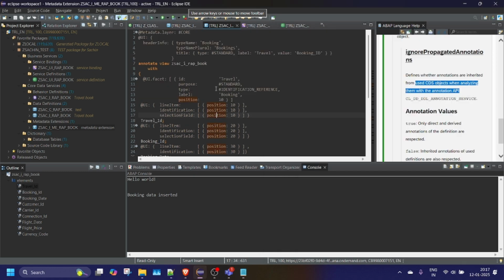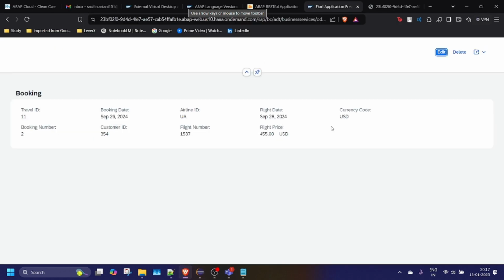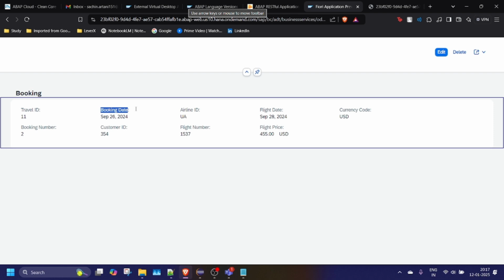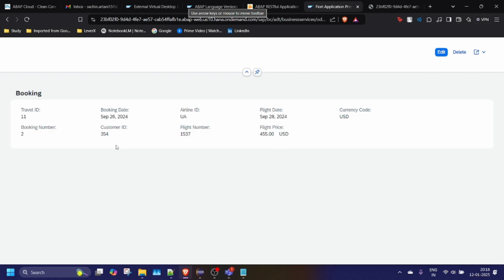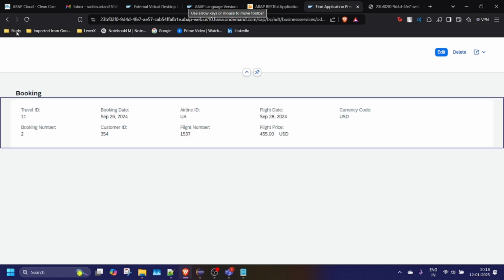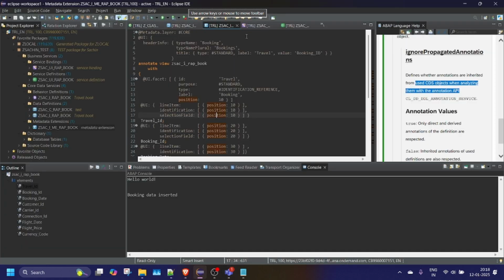First, you see the source CDS view. I am opening this, and I can see here booking date. If you say you want to change it to book date, you try to figure out what the source of this data is, which CDS it is. Once you find it, you check if there is any metadata extension available for it. In most cases the metadata extension will be available. In a few cases it will not. When it is available,